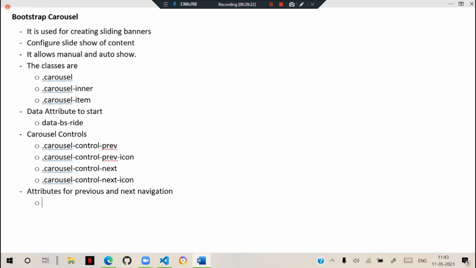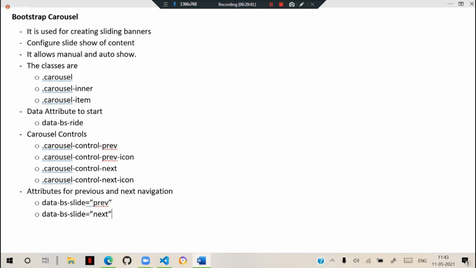So we have to use the data attributes: data-bs-slide, which we can set as prev, and data-bs-slide as next.